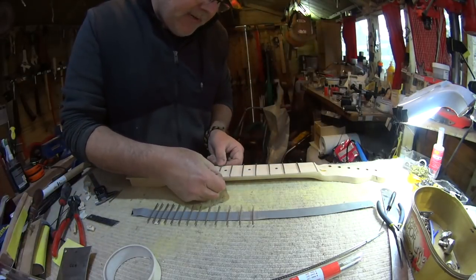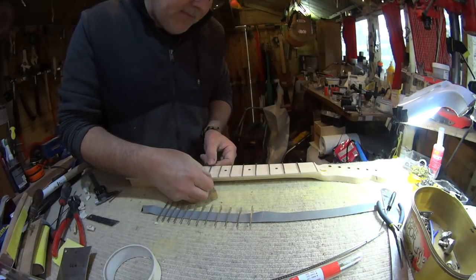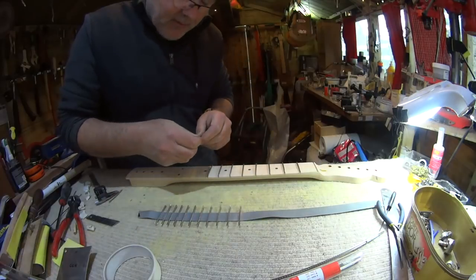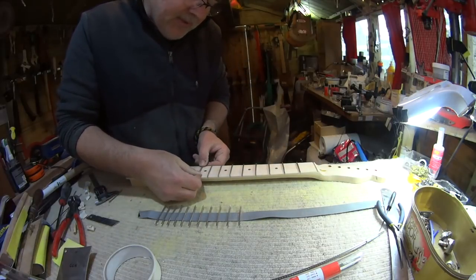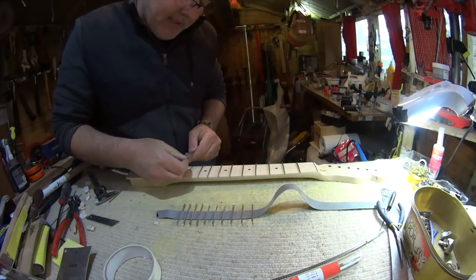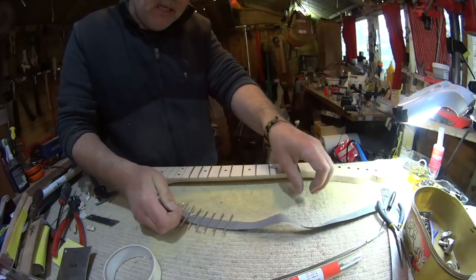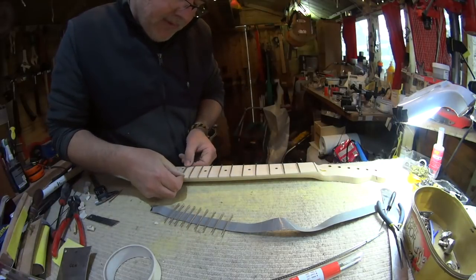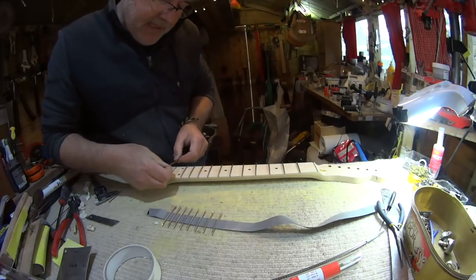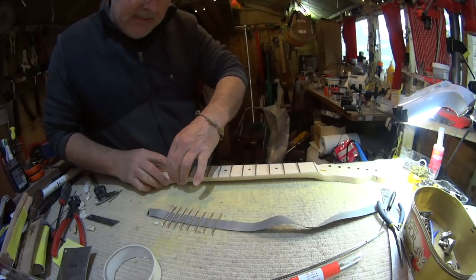Right, let's put this set to work, because otherwise I'm just cutting more and more frets for no good reason. So all I'm doing now is just literally going through to make sure the width works. This is a bit of a get out of jail really, because I forgot I had these. I was going to put them on that marlin neck, but that's not really destined for anywhere just yet. It was more of a kind of trial than anything else. So this would be a much better use of these, and it saves me a bit more of my material,